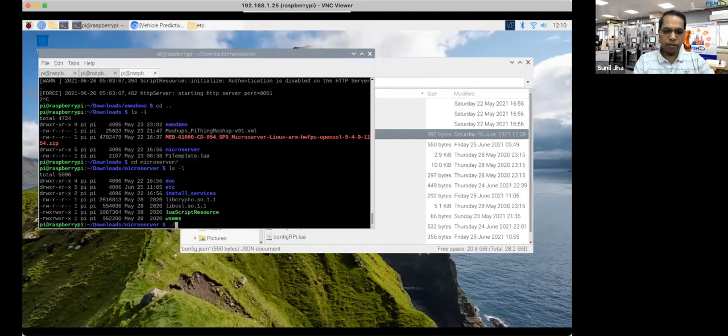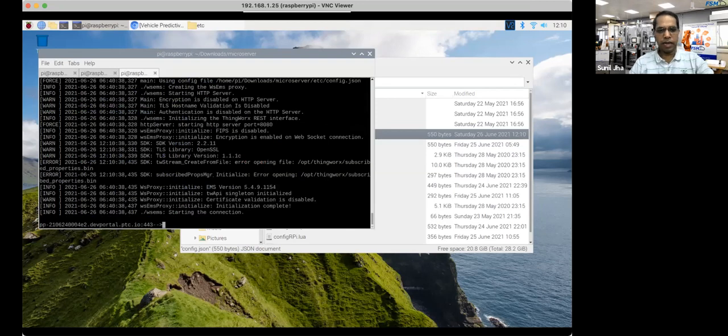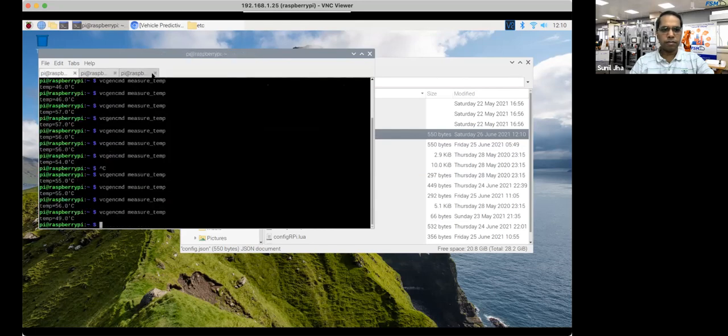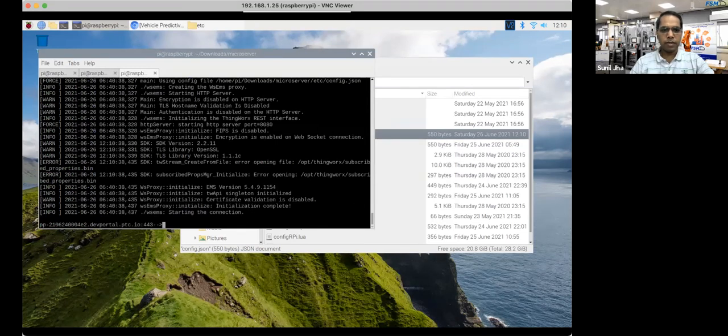So if you can see here, because this is on Raspberry Pi, I will be running this through this command. In Windows, you can directly run this. So once I run this, if you can see here, you will get to know. Whilst it is running, just a minute. It should show connected actually. It should be able to access your ThingWorx server. So after processing, it should show the connected part.